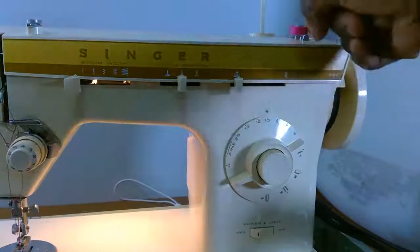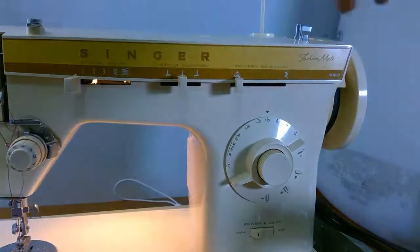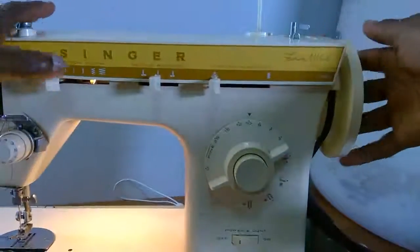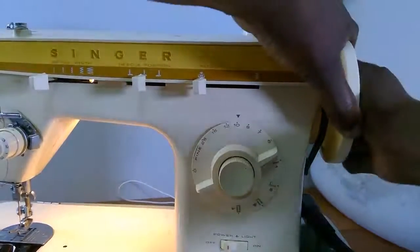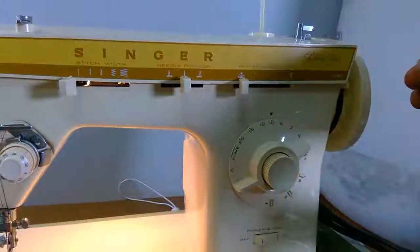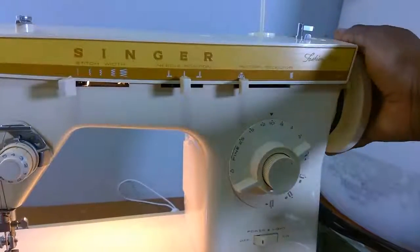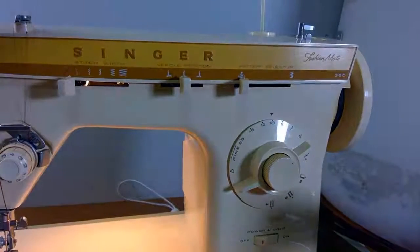You push it back to the original position before you complete the stitching, the sewing. And then you take this back to where it was by turning it the opposite direction, so that now your presser foot area can work. It's engaged. Okay, so let's put our original thread back,